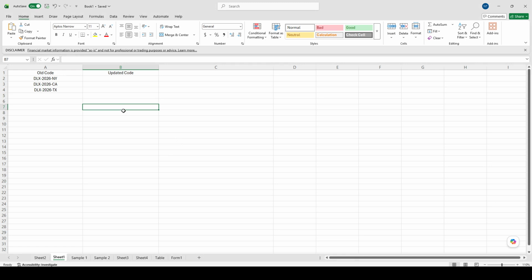Before we start typing formulas, we need to set up a small table so you can clearly see the original text and the updated result. First, label cell A1 as old code and cell B1 as updated code. When you do this, you are giving yourself clear column headers. Old code will hold the original value, and updated code will show the changed value after the replace function runs. Take a moment to make sure you type the labels exactly as intended, because they help keep your sheet organized